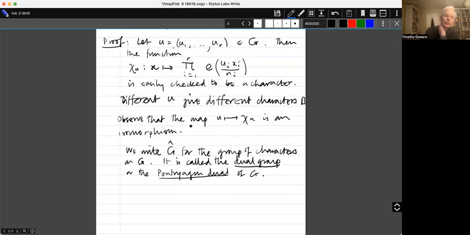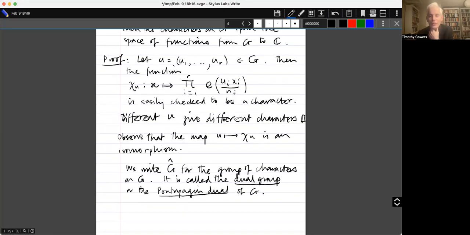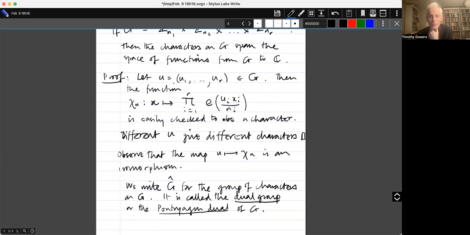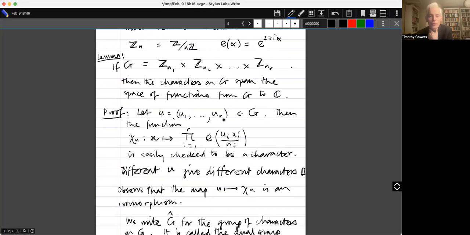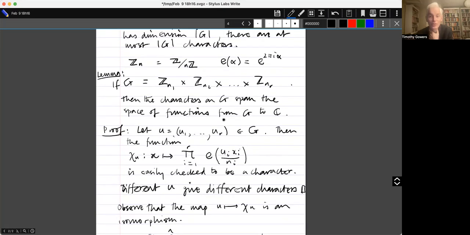Now I said that I was going to make a little remark about the isomorphism, and the remark is that this isomorphism here is not a natural isomorphism. And the reason it's not, so this is a category theory concept, a concept of a natural isomorphism. I'm not going to try and explain precisely what a natural isomorphism is, partly because I might make a hash of it myself because I'm not at all a category theorist. But I can at least explain why this is not a natural isomorphism. It's because